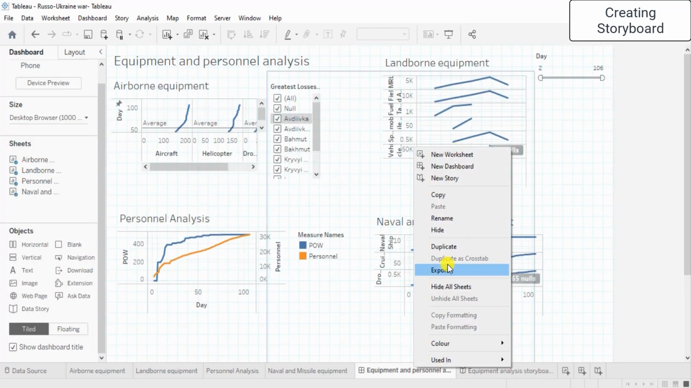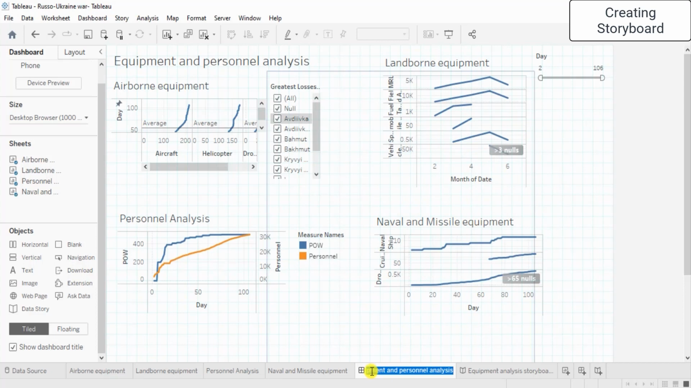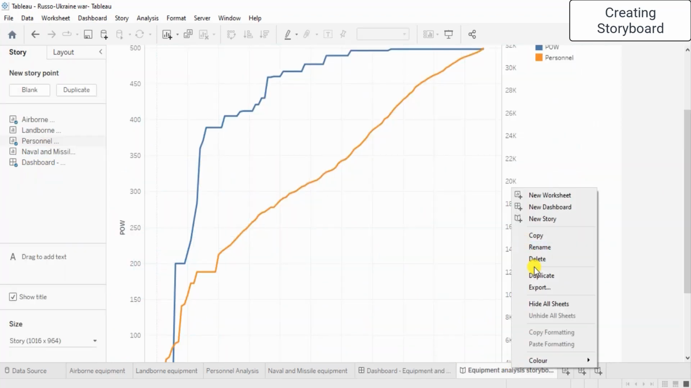This is what we have to rename this actually. That was a storyboard for equipment and personnel analysis. Yeah, that is a dashboard, sorry, not a storyboard. So that is what we have, and I'll quickly save this. Likewise, this is the storyboard that we have prepared. So I'll rename this here